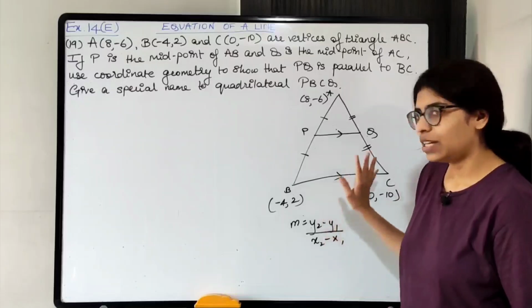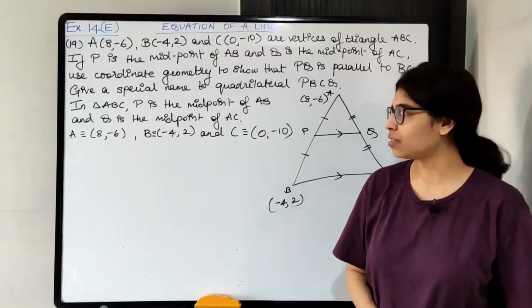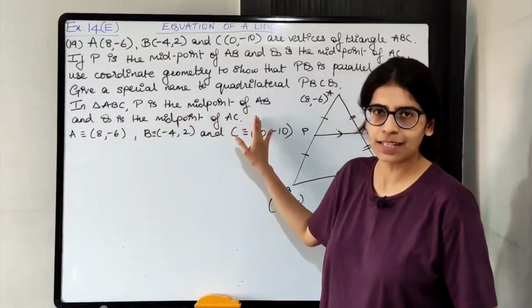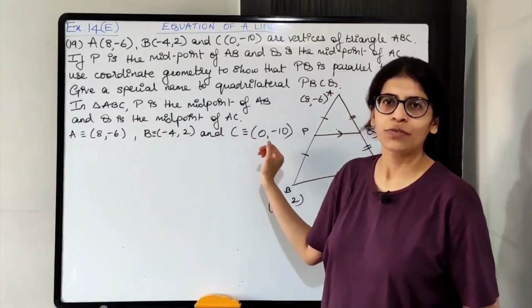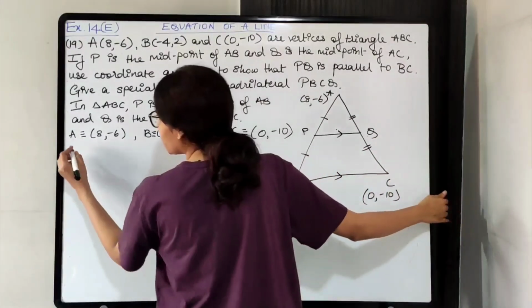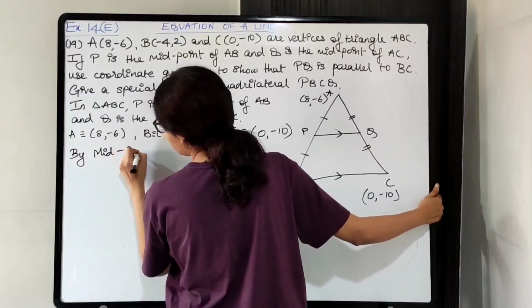Alright. So let us solve now. Draw the figure and then write down all the given information. So in triangle ABC, P is the midpoint of AB and Q is the midpoint of AC. Write down the coordinates of A, B and C. First we'll find the coordinates of P and Q. So by midpoint formula,